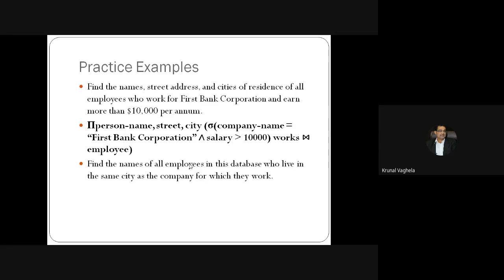Find names of all employees in this database who live in the same city as the company for which they work. This is a little bit tricky. You need to find the names of all employees who live in the same city as the company for which they work. That means the employee's city should be equal to the company's city for which they work.